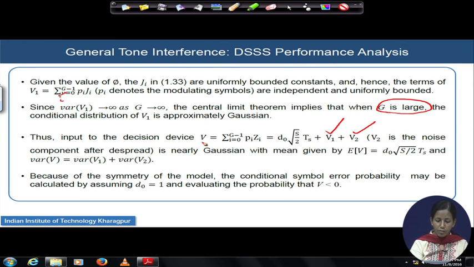So, we can say that V will also be Gaussian distributed, where the mean value of V will be approximated by this, and the variance will be this plus this. Remember, the mean value of the jamming part will again be 0, because with the constraint discussed in the earlier module, V1 has mean 0 and some variance. Next, we are interested in computing the variance of both of them and checking their effect on the